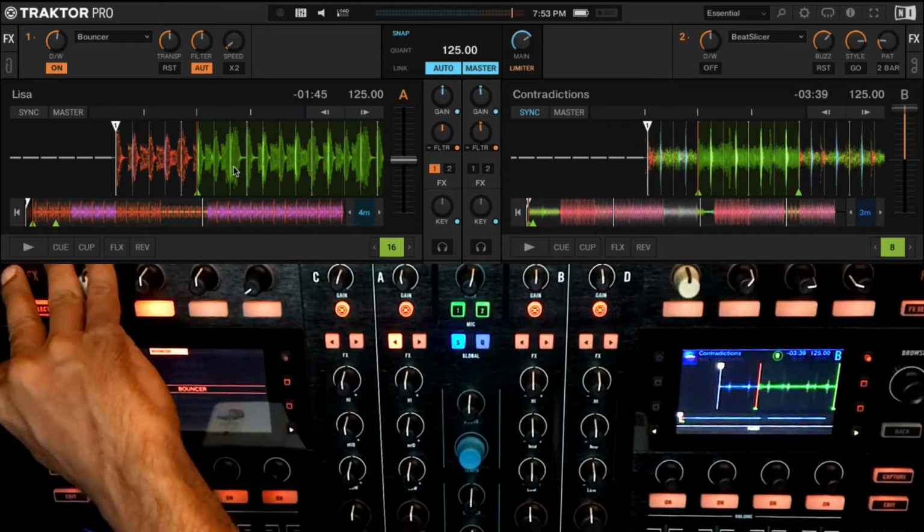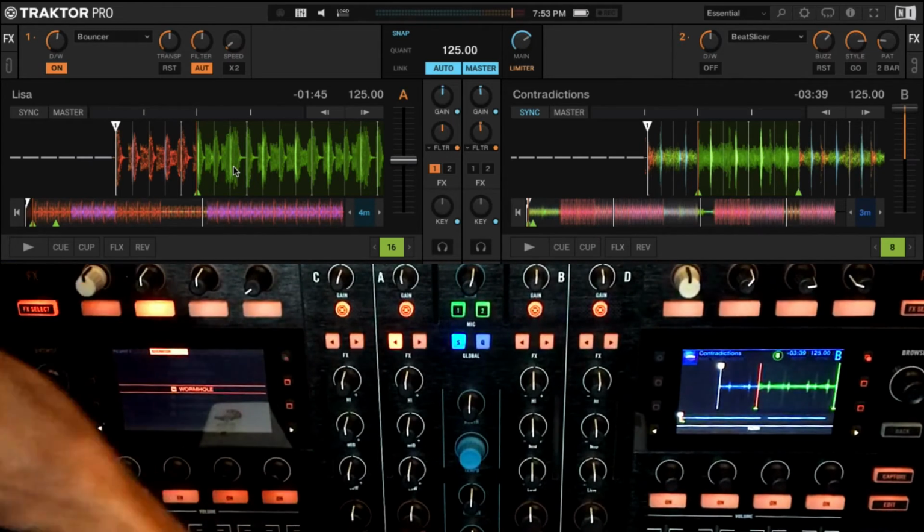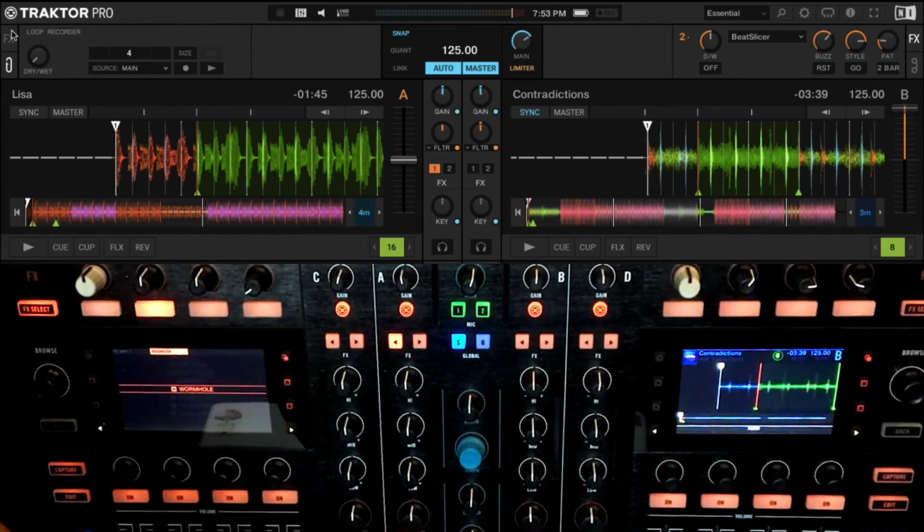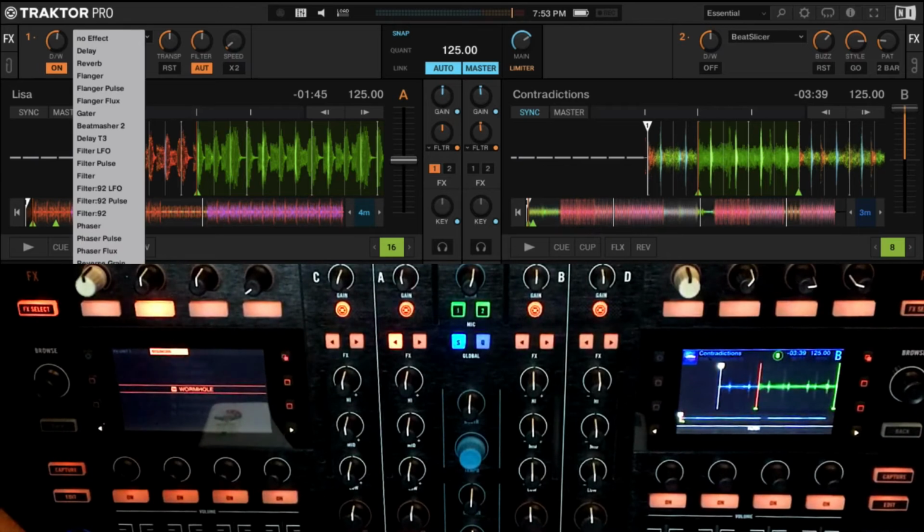The bouncer. And then we have a bunch of effects which are all marked with an M, if you see over here on the screen as well. These are macro effects, okay? So I'm going to show you one of them. Now your assignment would be to go back and try to figure out what effects have been combined into it. Unfortunately, you cannot create these macros. They're already created by Native Instruments.